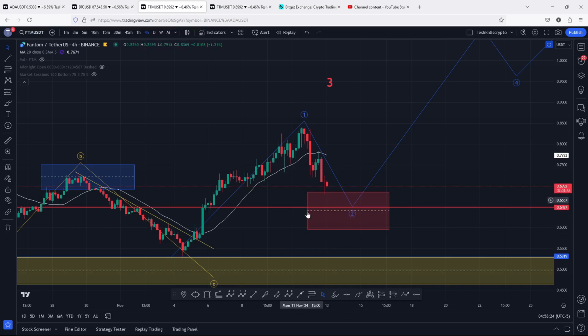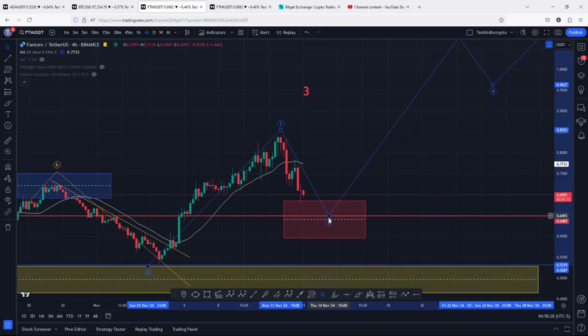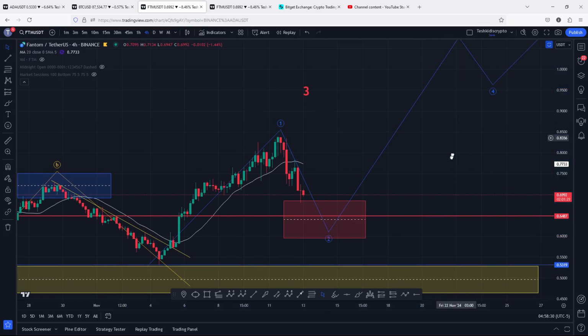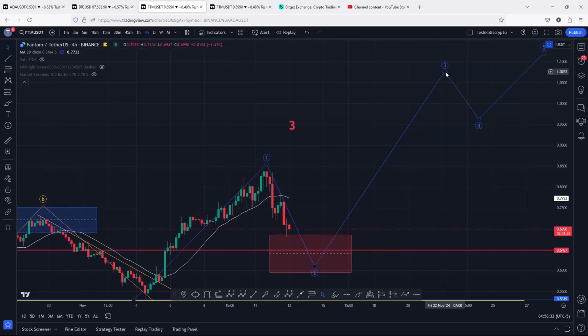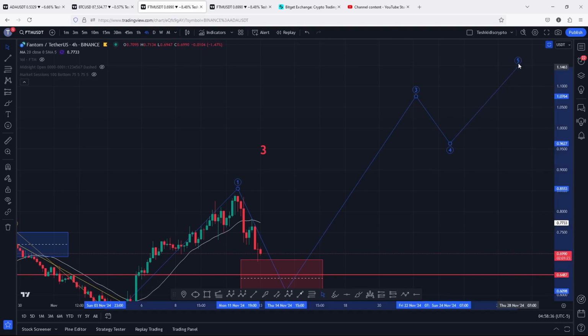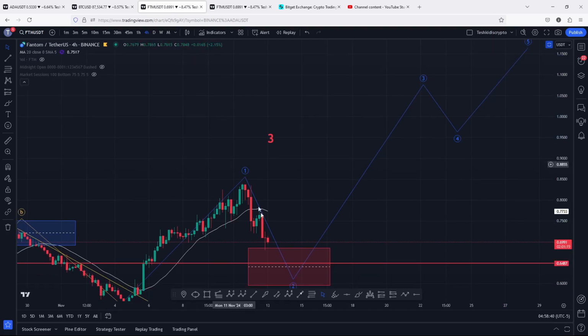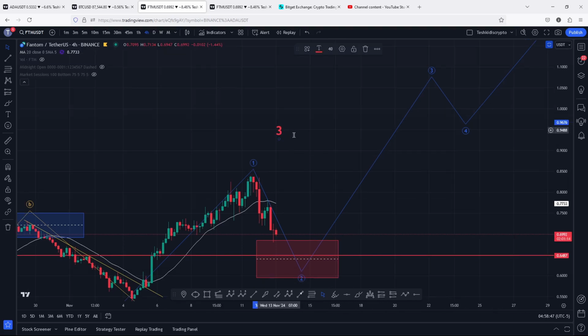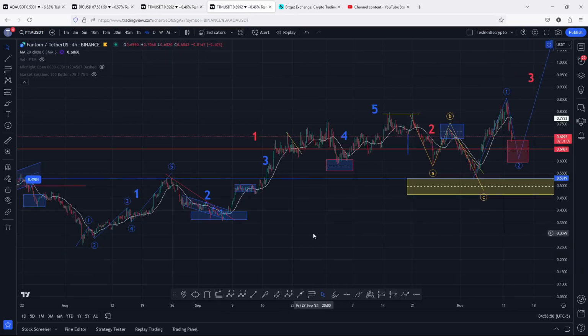Continue holding within the area, since the area should also act as support before we can finally get another bounce back to the upside in an Elliott Wave count 3. Then expect a wave 4, and then peak to the upside in an Elliott Wave count 5. And the moment we see this 5 wave structure that I have on the charts in blue, that will be completing the formation of an even larger Elliott Wave count 3 that is better seen on this chart,